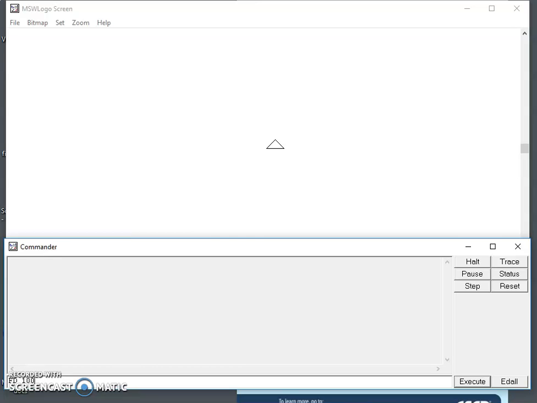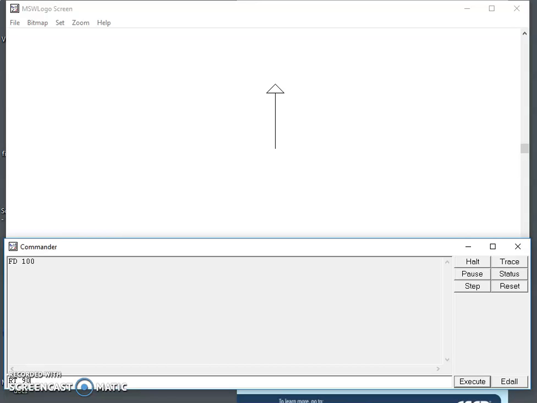Once you have given the command, simply press the enter key. Now you can see that the turtle has moved forward by 100 steps and is pointing towards the top. Now I have to turn the turtle. To turn the turtle, the command is right turn, RT, and with RT you will have to give the angle at which you want the turtle to make a turn. So for straight lines, if we want the turtle to turn in a straight line direction, you will have to give a 90 degree angle.